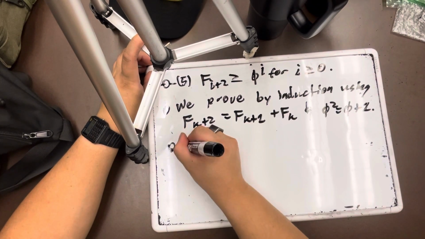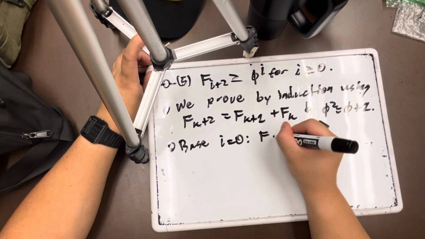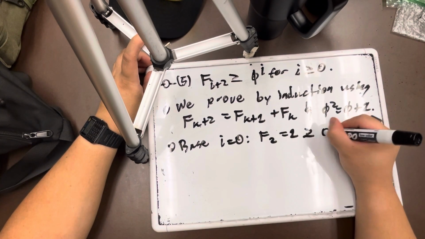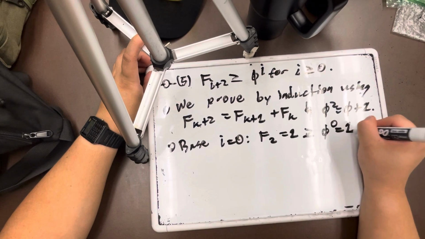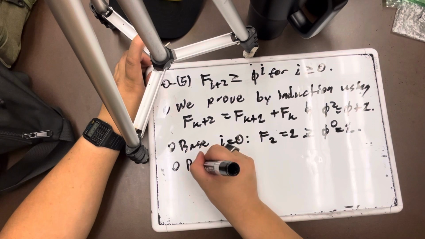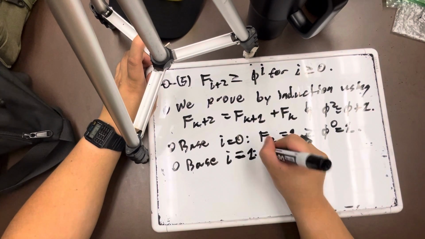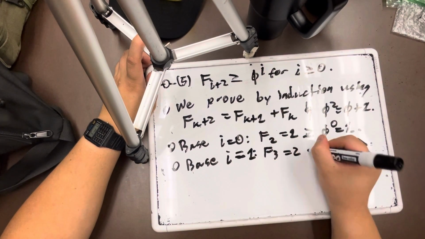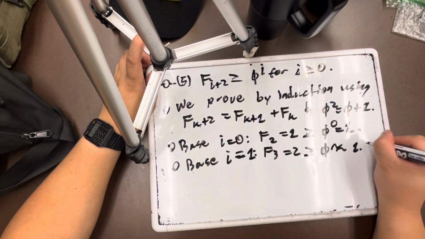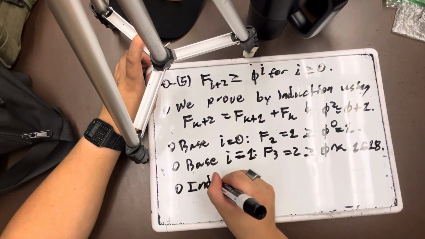Now, base i is equal to 0, such that we have the base case, right? So f sub 2 is equal to 1, which is greater than or equal to phi to the power 0, which is equal to 1. In this case, equal to, right? So choosing the base case, which is kind of trivial, is equal to 1. f sub 3 is equal to 2, which is greater than phi, which is roughly equal to 1.618, and it goes on and on. But now, moving on to the inductive step,